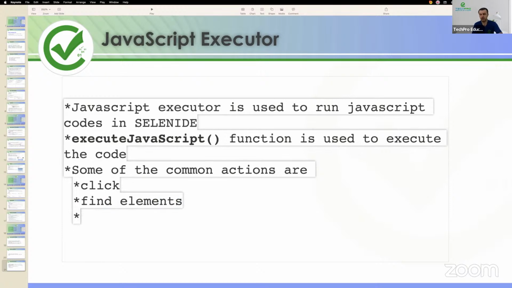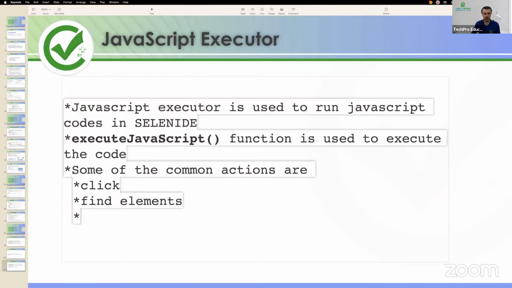Because developers use JavaScript to locate the elements, just like what testers do. When you do development, as a developer you also find the element, but using JavaScript built-in functionality. They don't use Selenium. They just use the JavaScript coding language to find the element, and we can use that